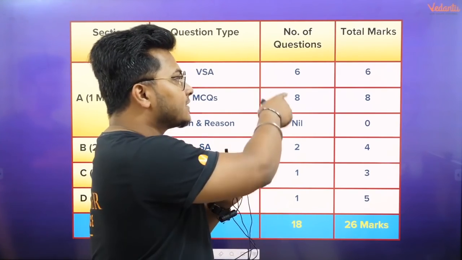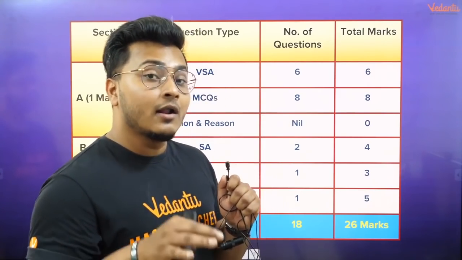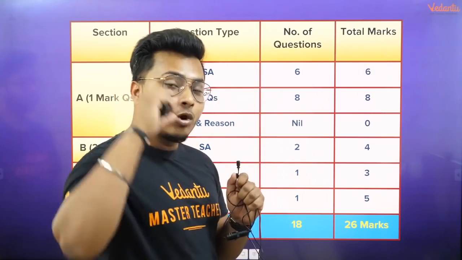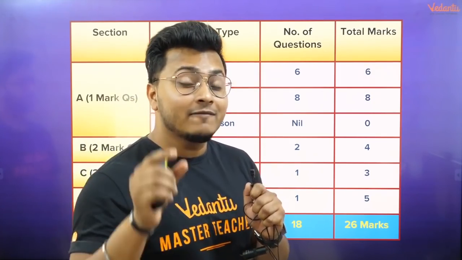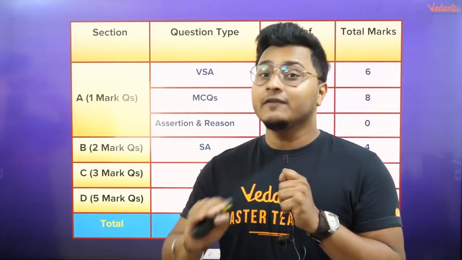Now that not necessarily happen, but the number of questions are going to remain the same. For example, 8 plus 6, the number of questions is 14. So 14 questions can come from 1 mark answers, but not necessarily only from these particular categories. So what majorly we have to focus on here is that from the 1 mark question type, 14 marks from physics is coming in. Only from 1 mark.